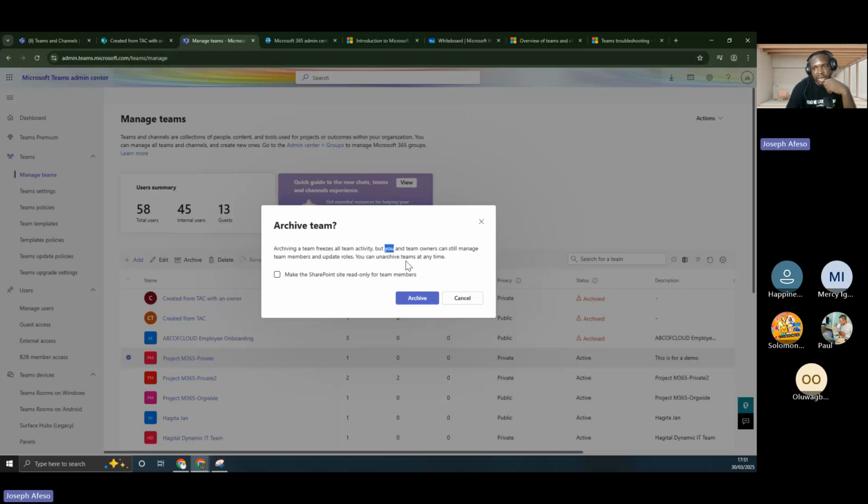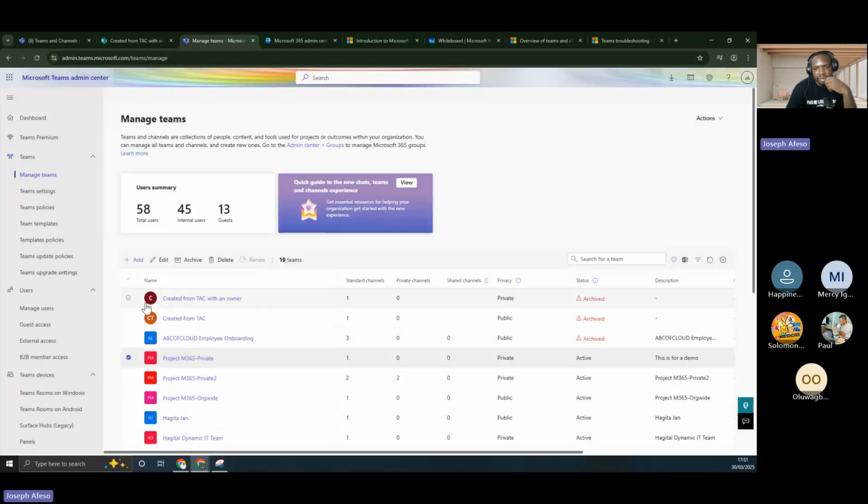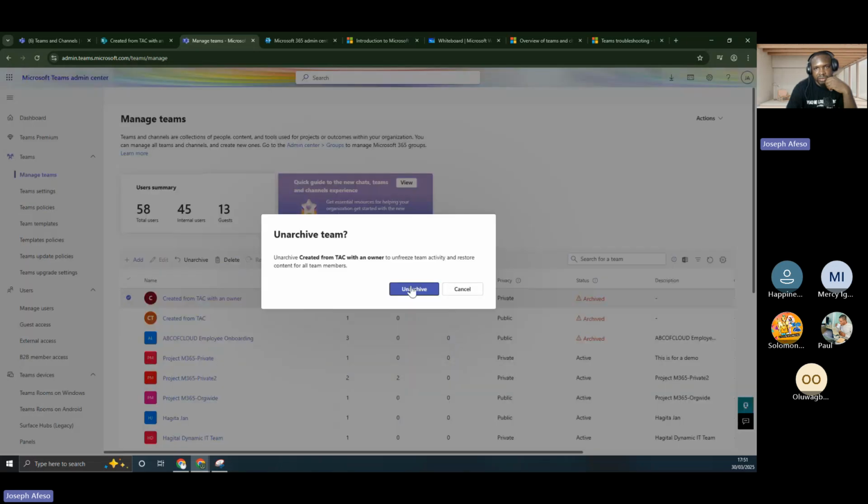So you can unarchive teams at any time. Of course, I can come here, created from Teams TSC, and say, okay, I want to unarchive it, and then I'll unarchive. So I would expect to see this now.